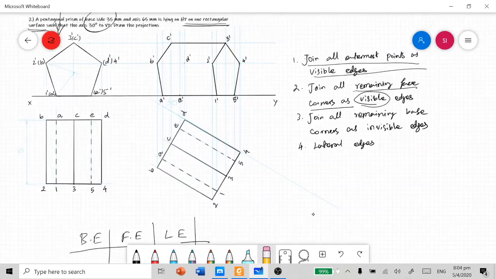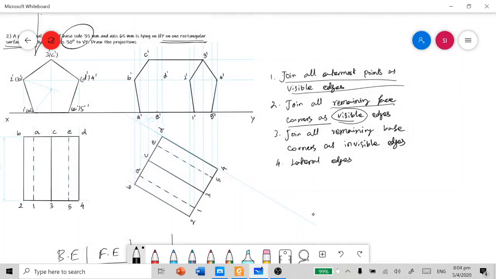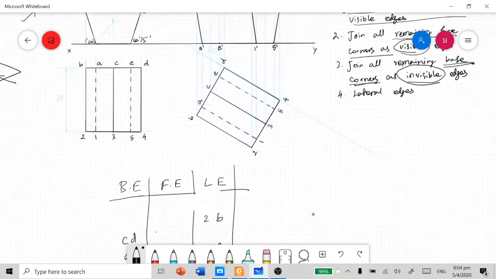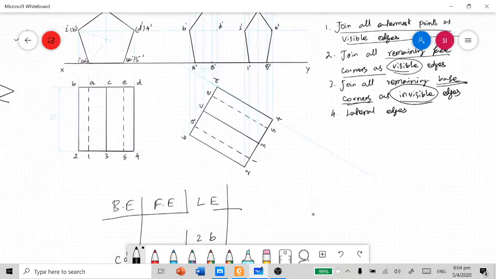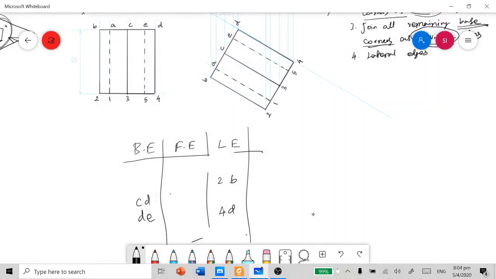And for rule number 3, we have to join all remaining base corners as invisible edges. The remaining base edges are CD and DE. These two base edges are not yet joined.